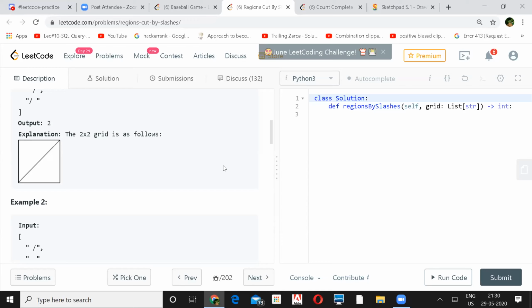Actually, I only know DFS, means I don't know union find. So if it's using union find, then it will be good if you can explain the concept. Like I don't know the union find concept for graphs. So I think we have to use DFS. How do you count the number of islands, or how does it work? For DFS, how do you define the boundary?